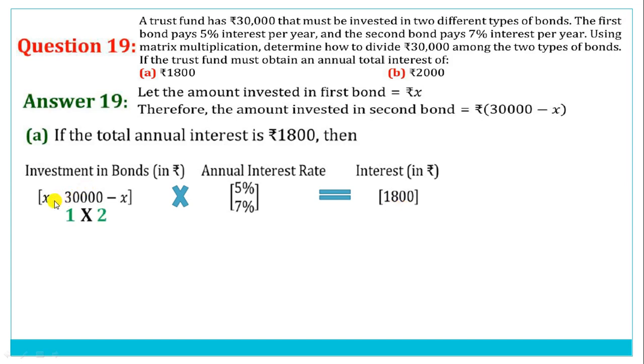So the order of the first matrix here is 1 by 2, so it has one row and 2 columns. The order of the second matrix here is 2 by 1, it has 2 rows and 1 column. And if you multiply these two matrices after arranging them like that, keep in mind the arrangement is very important. You have to arrange these two matrices like that, because if we arrange and multiply them this way, then this can be easily multiplied, because here the 2 and 2 are the same.